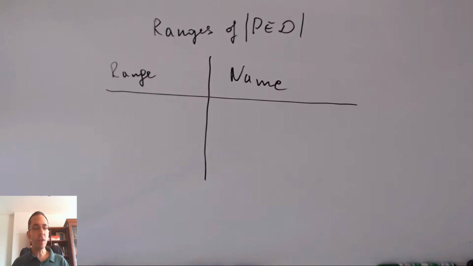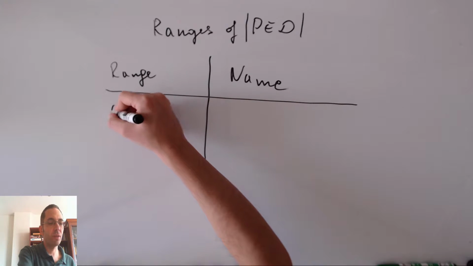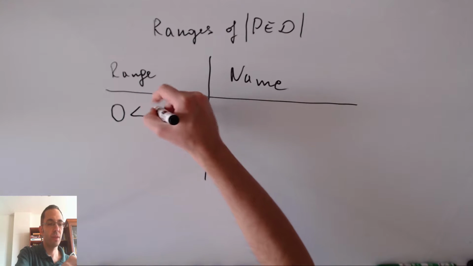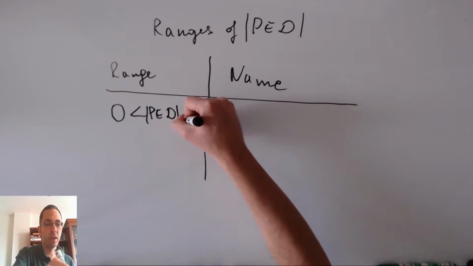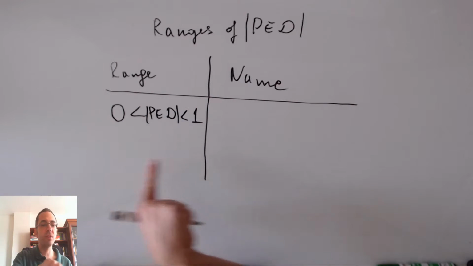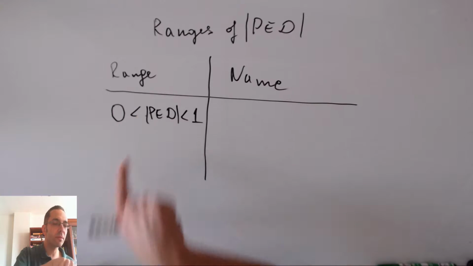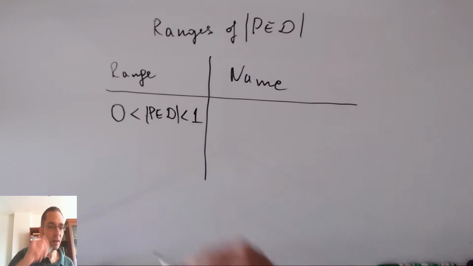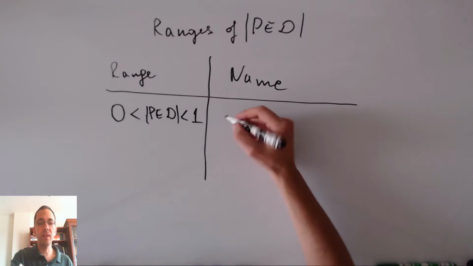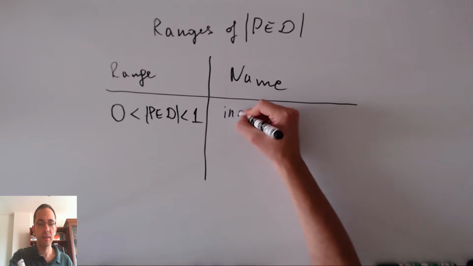Generally, the three most common cases are, first, PED is a value between 0 and 1. And this is called inelastic